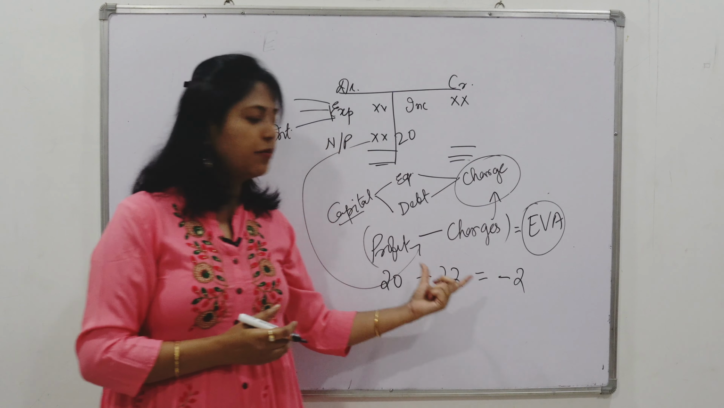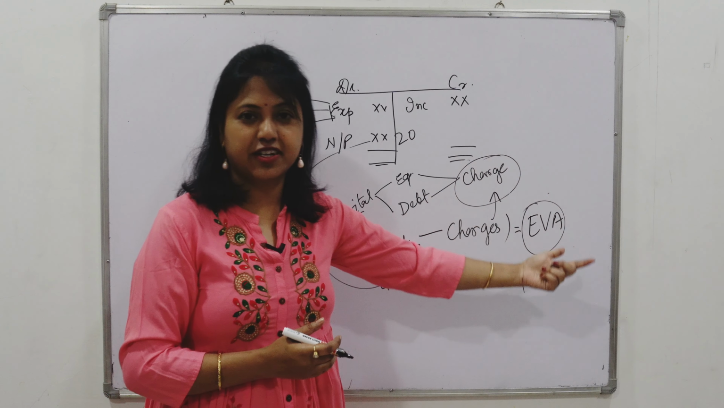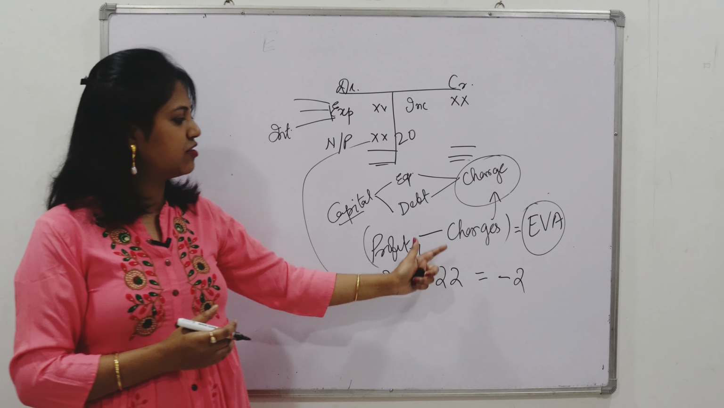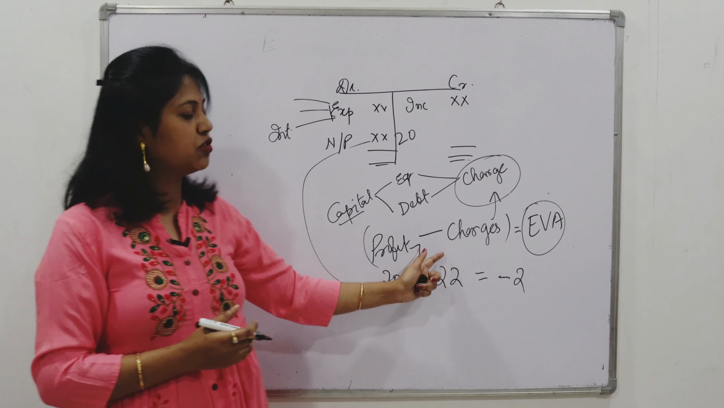So if there is a positive balance, then the value is created. If there is a negative balance, it means value is distorted. So being an investor or a provider of fund, I should be careful not to consider profit as a true measure of performance. Rather, I should consider the economic value added, which is nothing but the profit minus charges